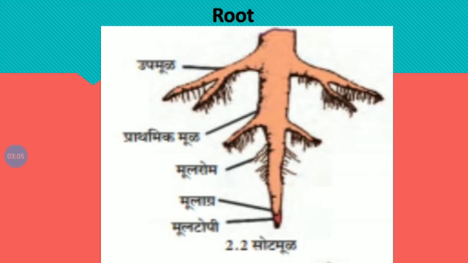Observe and note the changes in the seeds in 2 or 3 days. Okay, this experiment I think we have done already, but repeat once again. Okay, see in this picture,